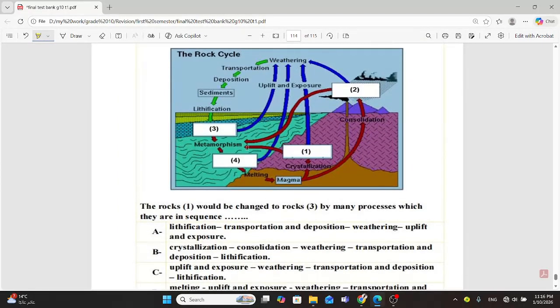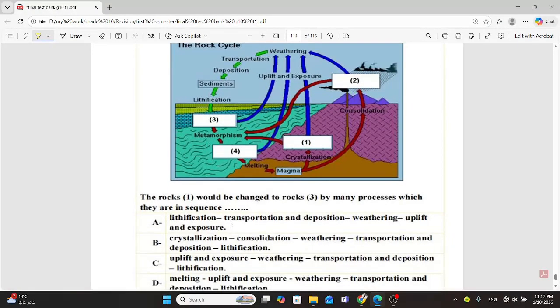The rock 1 would be changed to rock 3 by many processes which are in sequence. ممكن يحصل أول حاجة uplift، تمام، weathering, transportation and deposition، وبعد كده يحصل acidification. يبقى الإجابة هتبقى C: uplift and exposure، بعد كده weathering، بعد كده transportation and deposition، بعد كده lithification اللي هو cementation